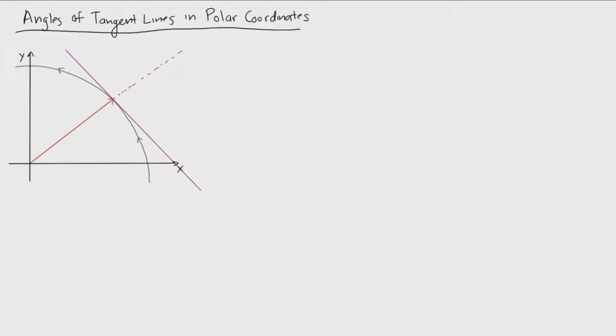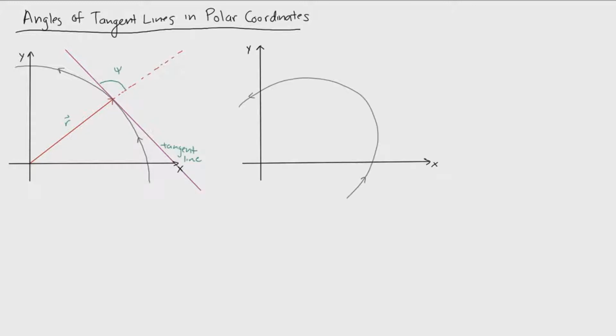Welcome back everybody. Today we'll be looking at angles of tangent lines in polar coordinates. So our goal is to find the angle between the radial vector r and this tangent line to the path of motion. In this case, the angle we're looking for is this angle right here, which I'm going to call phi. Like the previous derivations, what I'm going to do is look at how the radius changes